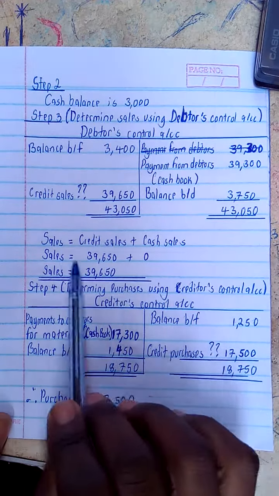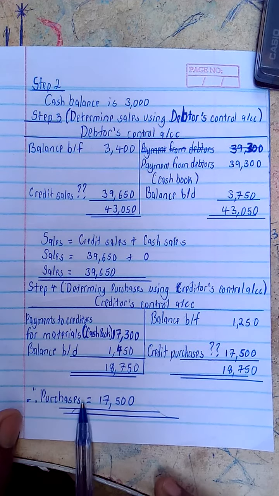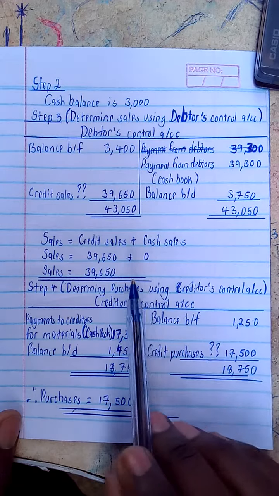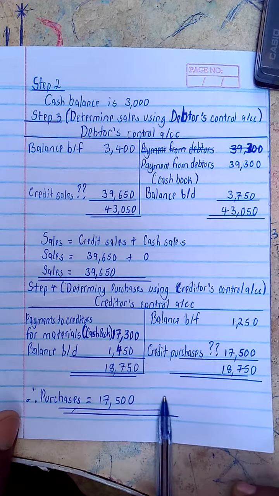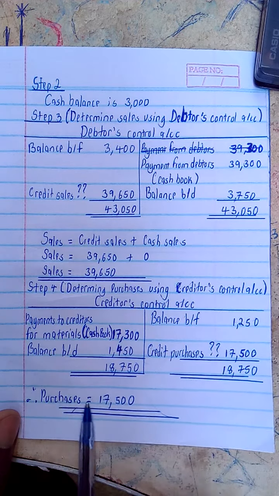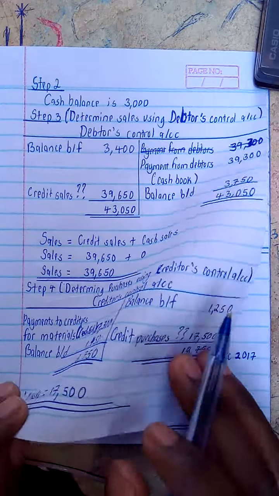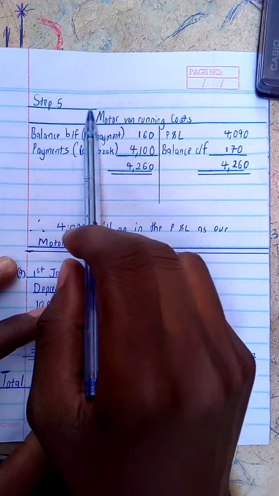Therefore, I go through the same procedure here for my purchases. Purchases are credit purchases plus cash purchases, meaning that I won't have cash purchases, which are 0, and I'll only have the credit purchases, which will automatically be my purchases. So moving on to the next, we have step 5, whereby we have to adjust for the